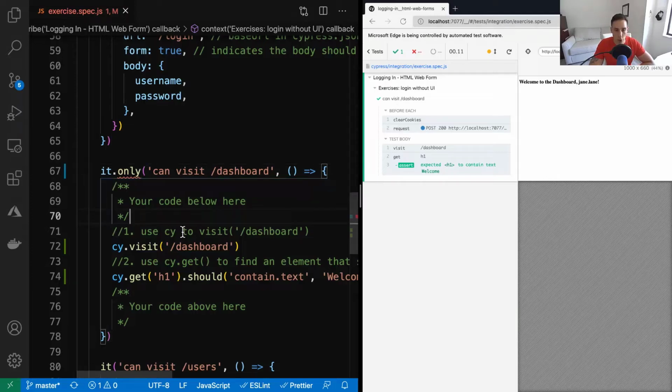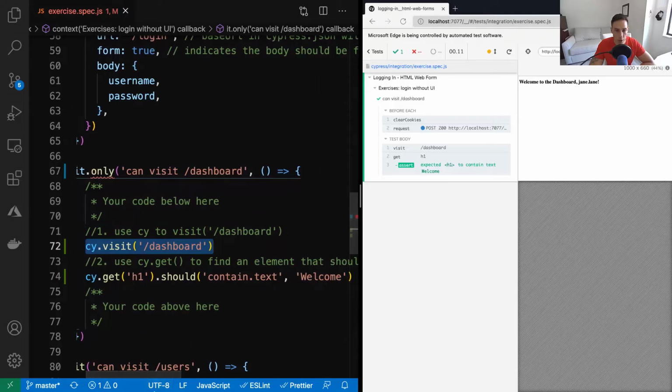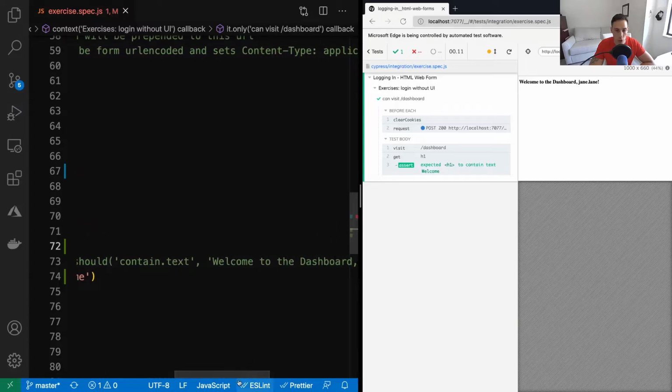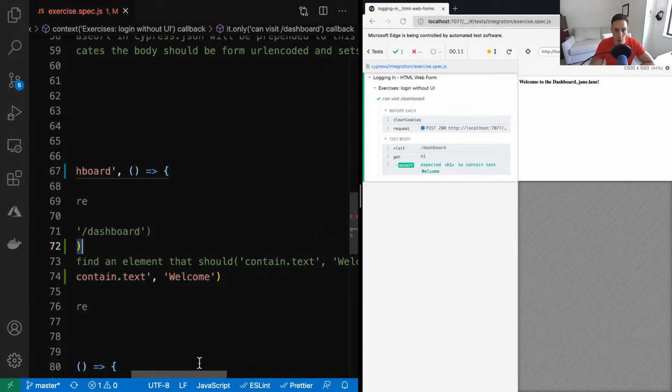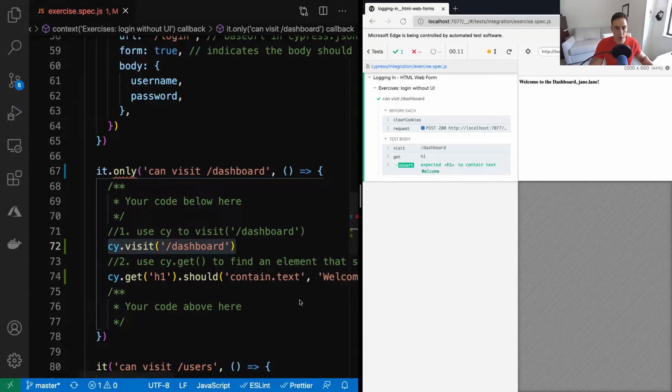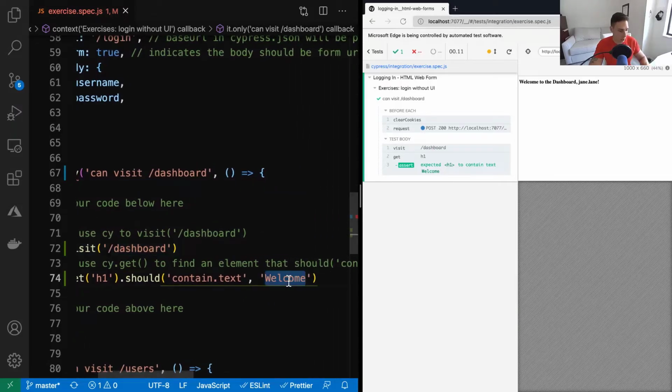The very first thing to do is to visit dashboard, right, which we're doing here. And then the second thing to do is to get an element that should contain text welcome, and the instructions for you can put welcome, you can say welcome to the dashboard, right? And so when it succeeds, that's what happens, this message passes. If it doesn't succeed, like let's say we do T,